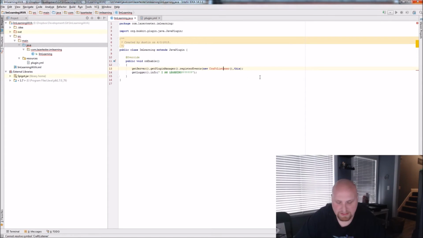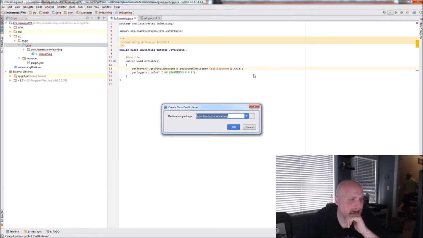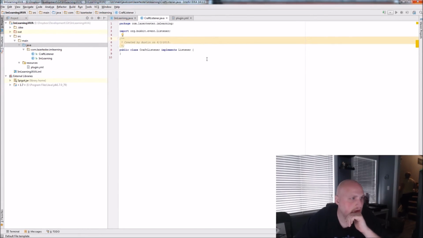Now this CraftListener doesn't exist, but if I hit Alt-Enter, the code completion system, I can create class CraftListener. And the best part about it is when I click OK, it's going to automatically implement Listener, because in order for